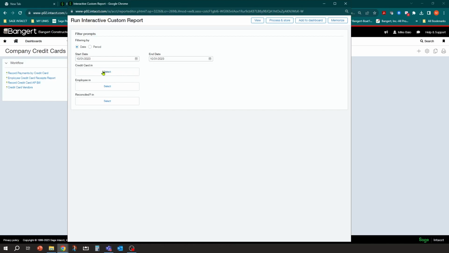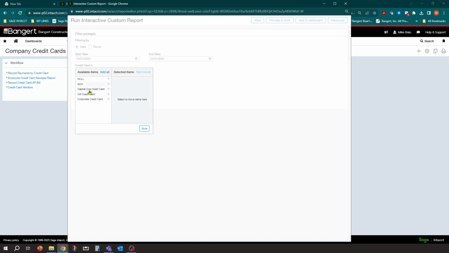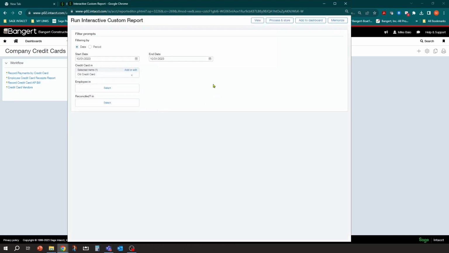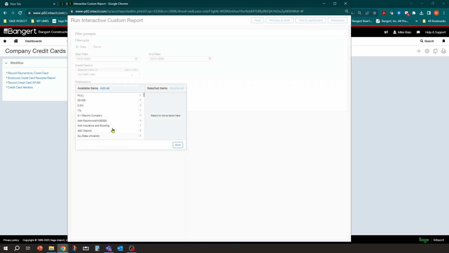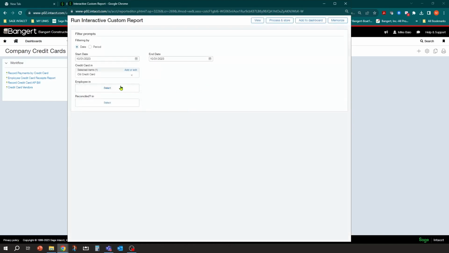And then depending on how you want to see it, you can see all your credit cards. You could see just the Citi card if that's what I'm working on, so I have a filter on those different payment types. I just want to see all of the charges for the Citi credit card, and I want to see all the employees under it, or I can see one particular employee, Robert Jones. You could filter Robert Jones.